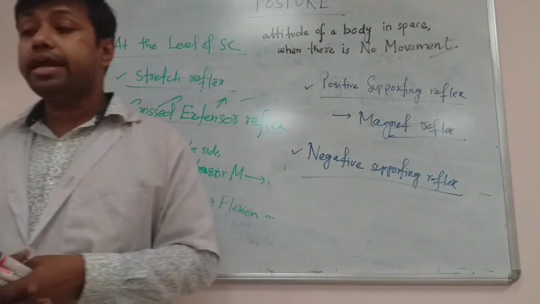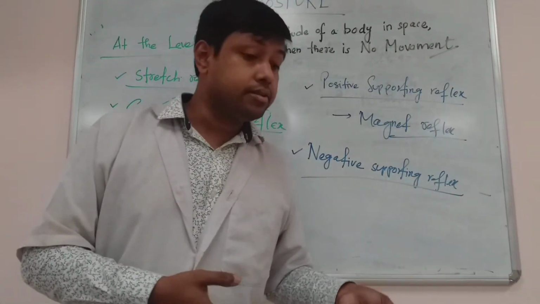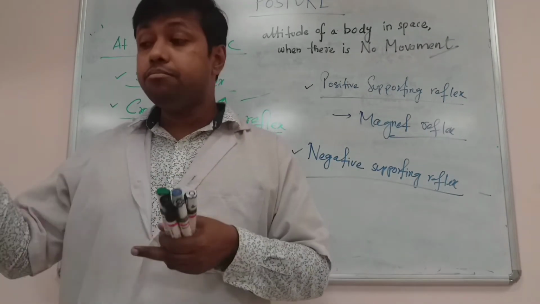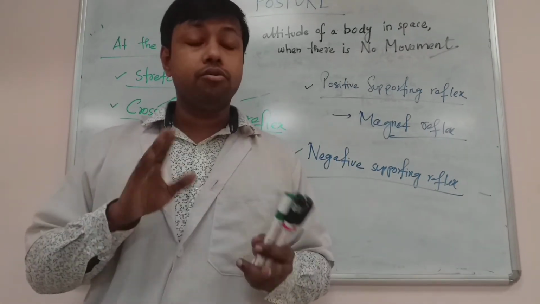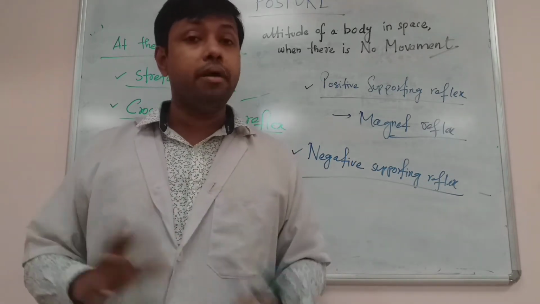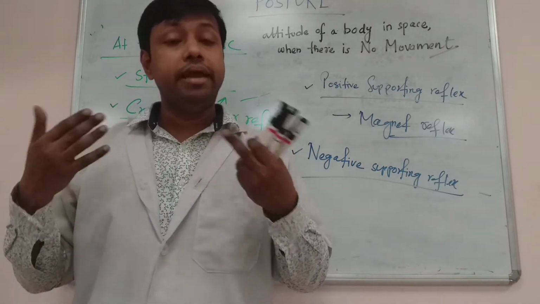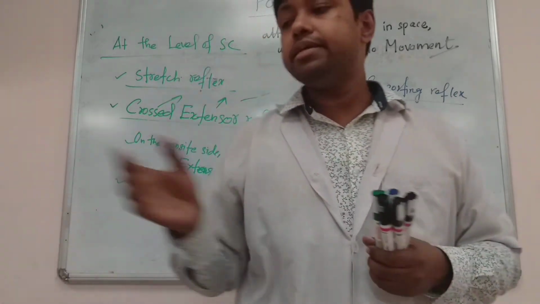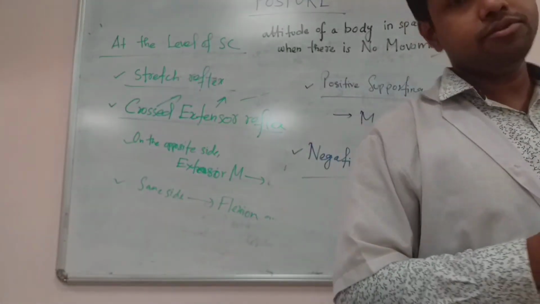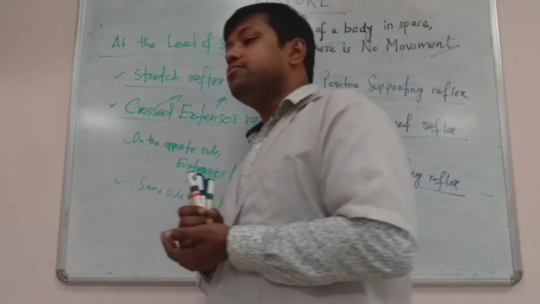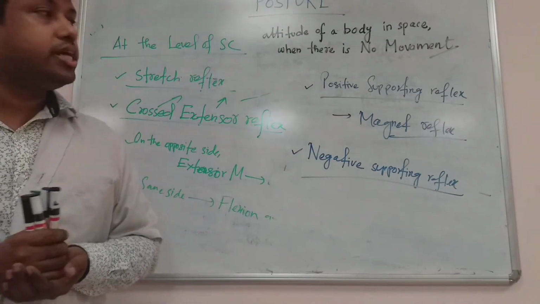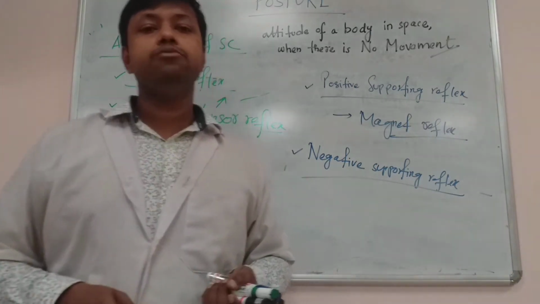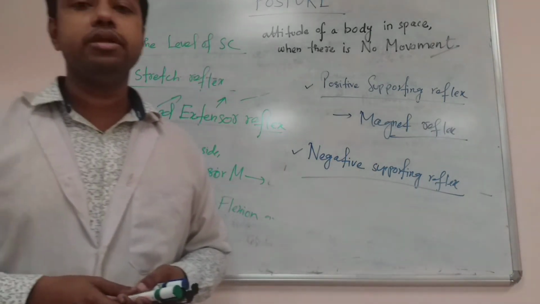And you should not forget that various information like vestibular apparatus and visual information are integrated at the level of the cerebellum and various other levels, and they help the contraction and relaxation of groups of muscles, and are responsible for maintenance of posture of different types for various types of animals and human beings. Okay, so there we finish the concept of posture, and let me know how you like it. Then we will jump to another important topic known as equilibrium.